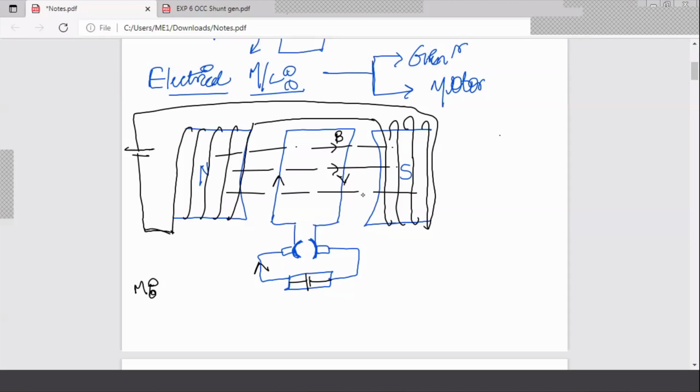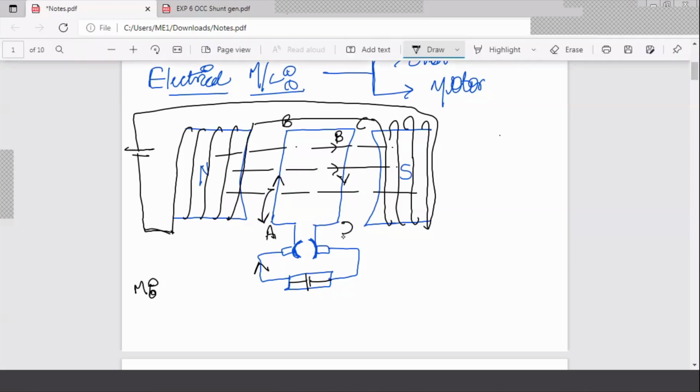According to Fleming's left-hand rule, we know that there will be a force, isn't it? And what will be the direction of the force? According to the left hand, you can see current is flowing upwards. The field is from left to right. So use your left hand fingers. The thumb points to the direction of motion. B is in the direction of magnetic field and current is inside. So you will get a deflection here to the downside. Everyone agrees? If this is A, this is B, this is C, and then there is D, there will be a deflection downwards.